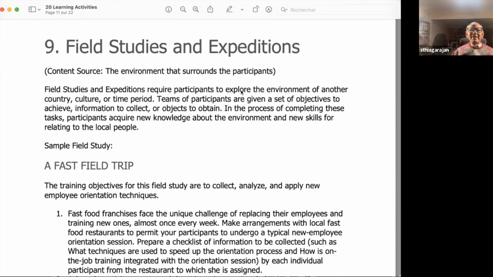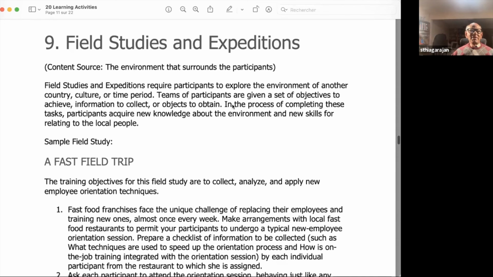Field studies in expedition. This one describes we were training fast food staff, employees in a fast food restaurant, and instead of lecturing to them, we send them out and say, go to the 7 different fast food restaurants in your town and come back, and we will ask you a series of questions. Which one did you find was most useful? Which one was interesting? And things of that nature. Next